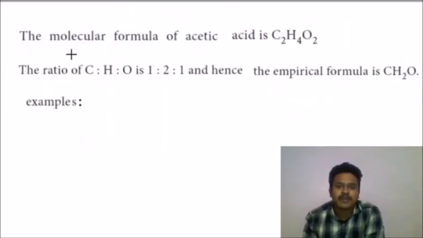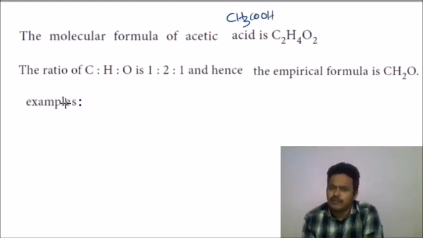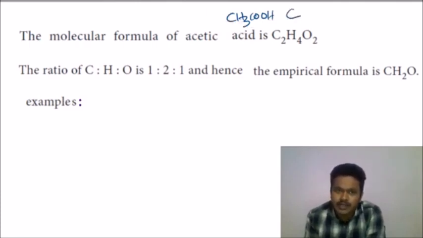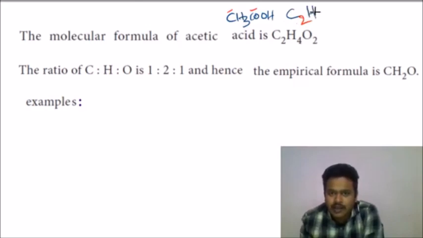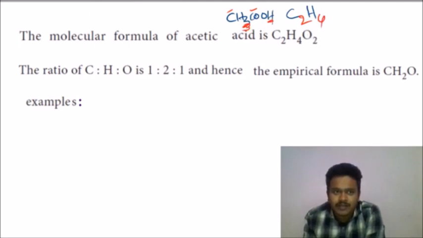They have given the molecular formula for acetic acid. Acetic acid we generally write as CH3COOH. In this way you can write it. How many carbons are there? 1 and 2, so C2. How many hydrogens are there? 3 plus 1, so 3 and 1, 4 are there. So H4. And after that, oxygens.